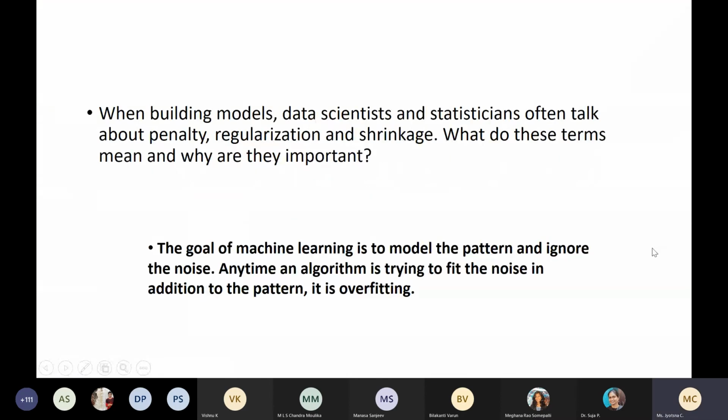Another term, that is regularization. I'll try to complete it now. We have 10 more minutes, right? So what is regularization? Usually the data scientists or the statisticians talk about terms called penalty or regularization or shrinkage. Usually in statistics they use the term shrinkage, and in deep learning we use the term regularization or penalty. So what is this regularization, or this penalty? Why do we need to give the penalty?